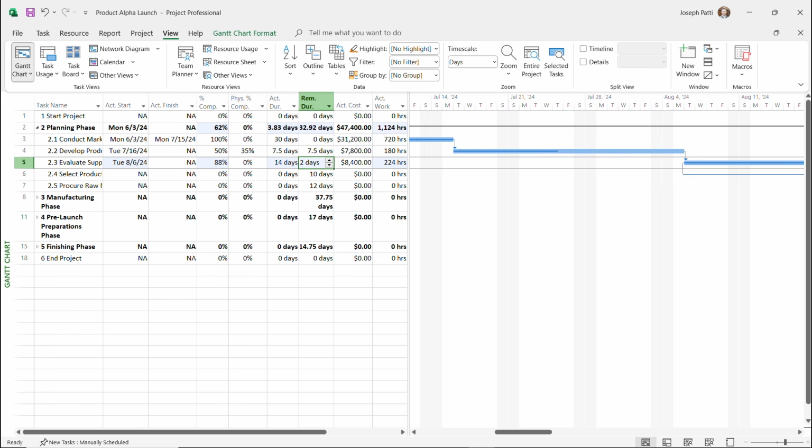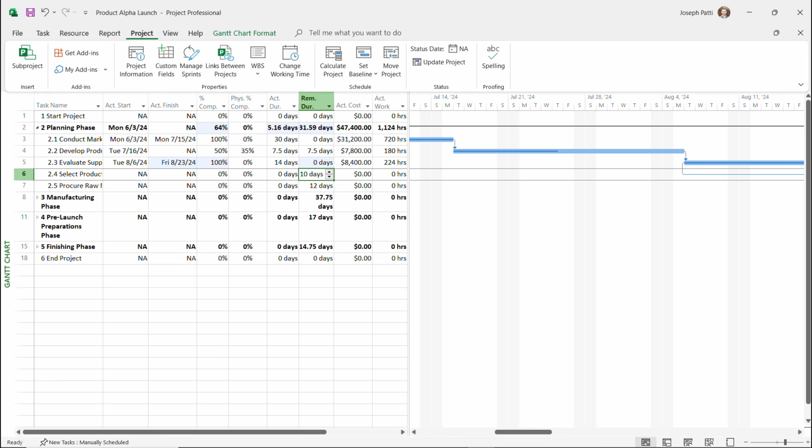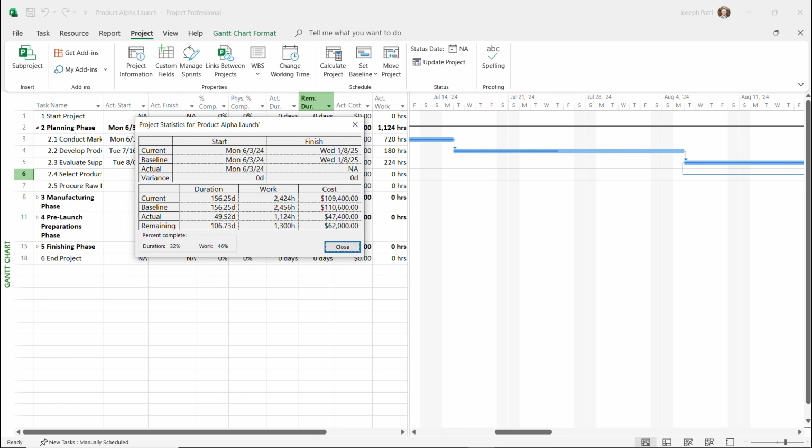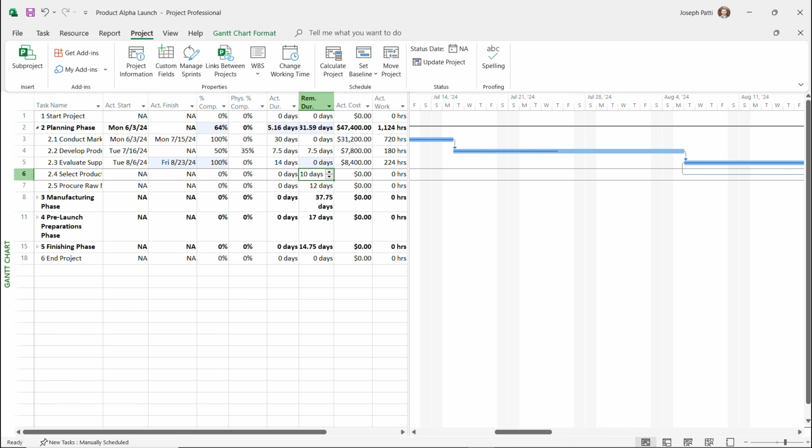So that's how you can change your actuals, what actually happened. We thought it was going to take 16 days, but now I'll click here and put a 0. We've done it in 14 days actually, and now it's at 100% complete, which is great because now we've ended a little earlier. And to showcase that, remember, if we go to the Project tab, Project Information, we can now go to Statistics, and we can see if we're any days early. And in this case, it didn't really change anything. We're still finishing this on Wednesday, January 8th. So not a big save here, but at least it took us only 14 days instead of 16 days for this particular